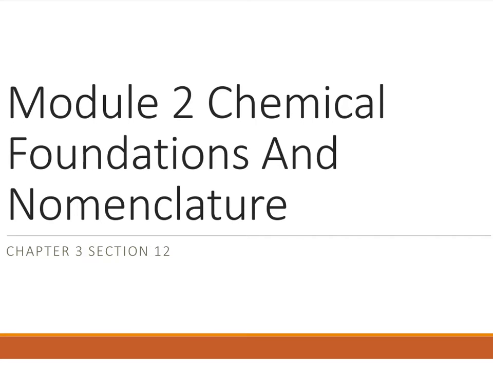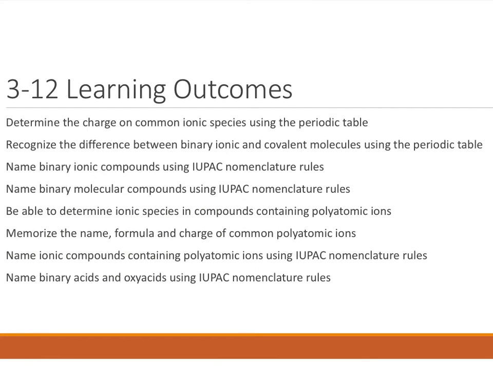For Module 2, we are also going to take a look at Section 12 of Chapter 3 on chemical nomenclature. From this, your learning outcomes are to be able to determine the charge on common ionic species using the periodic table, recognize the difference between binary ionic and covalent molecules using the periodic table, name binary ionic compounds using IUPAC